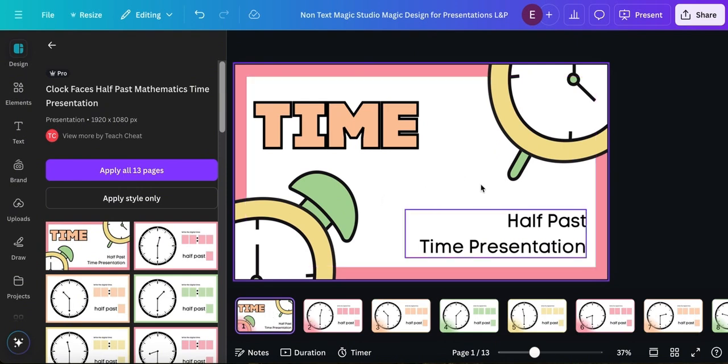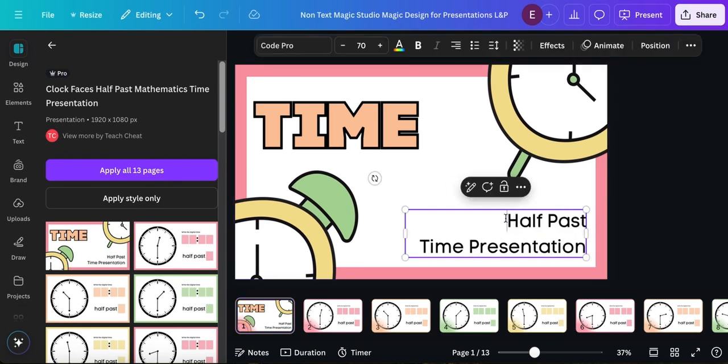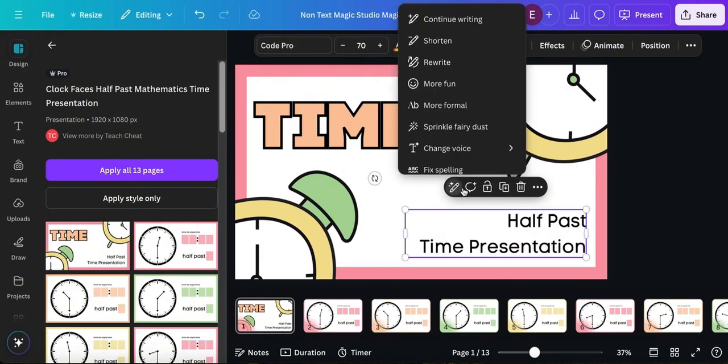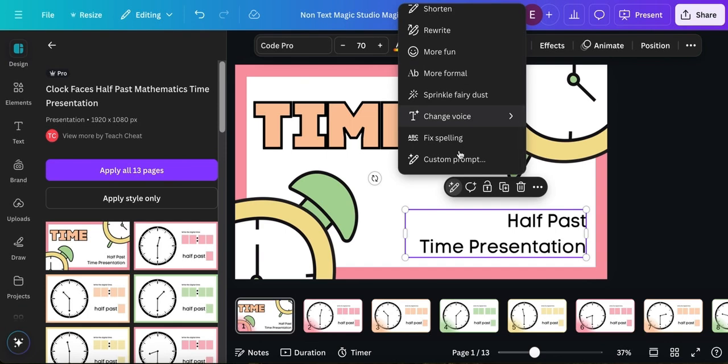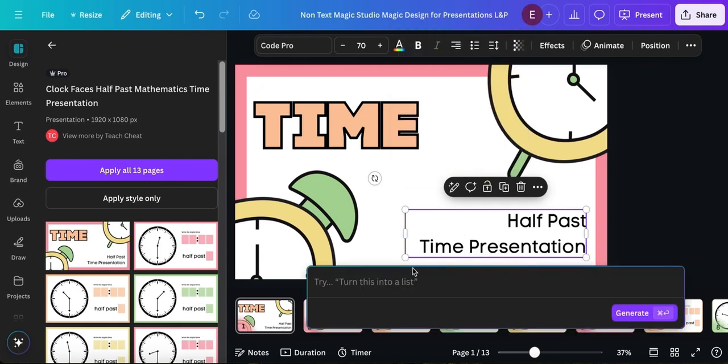For instance, for our first slide, I can simply click on this text, highlight it, and then click here on the Magic Write and click on custom prompt, and let me just give it a prompt like, for instance, provide the content of the first slide in this presentation on daylight saving time, just an example,